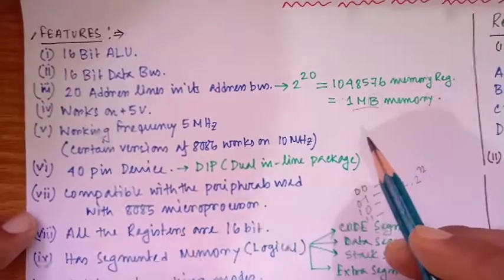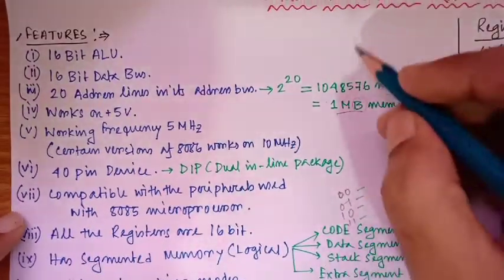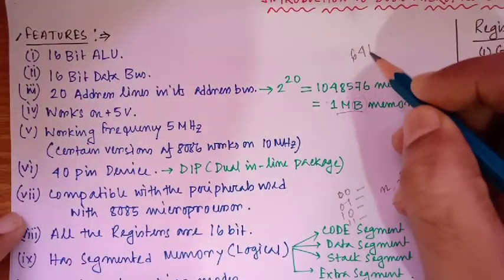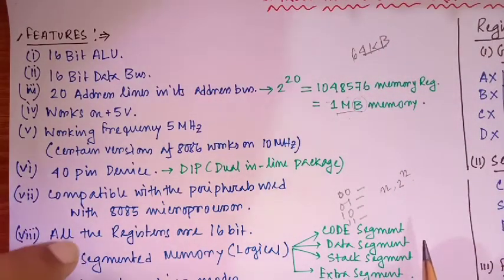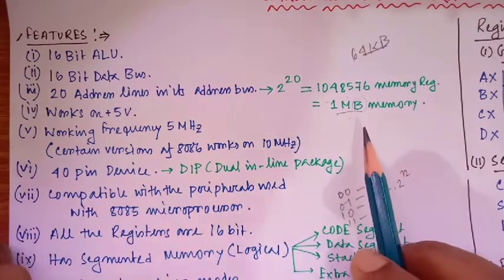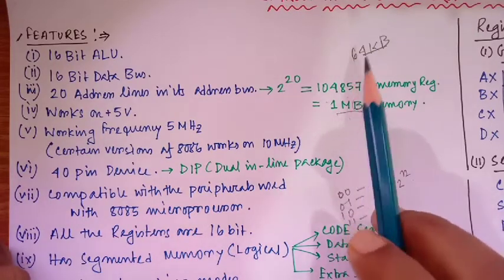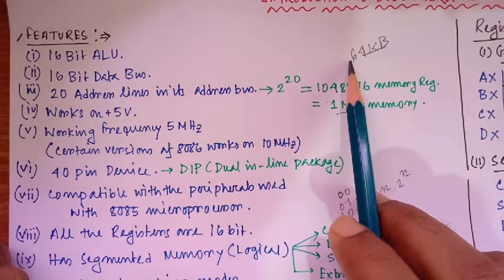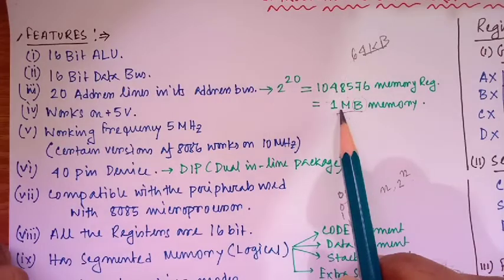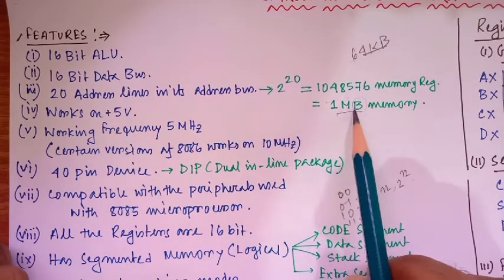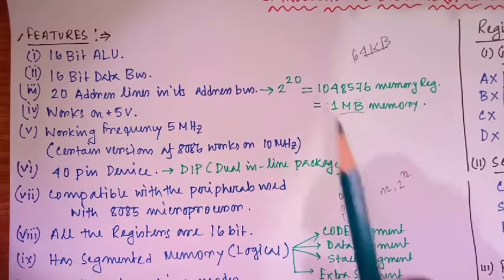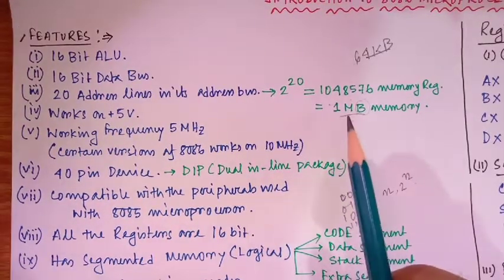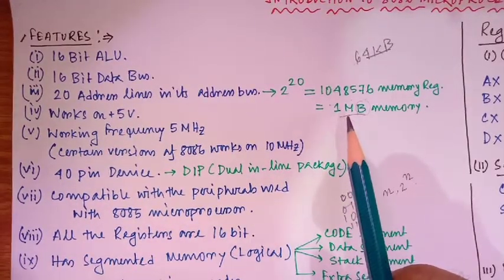Remember, when we are talking about 8085, it can access only 64 kilobytes of memory. So in terms of memory, there is a huge increment, because if we multiply 64 by 16, then it becomes 1 MB. So it is 16 times larger memory that the processor can access. That is the advantage of 8086 over 8085 once again.